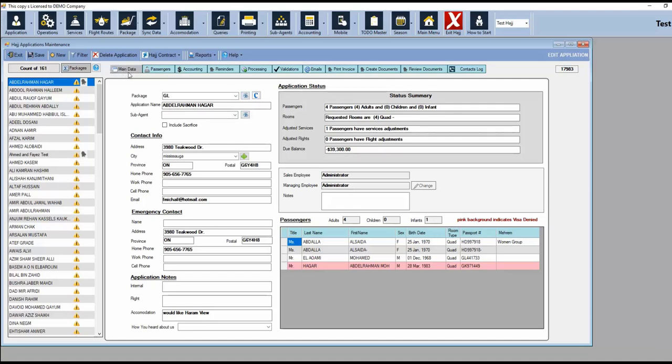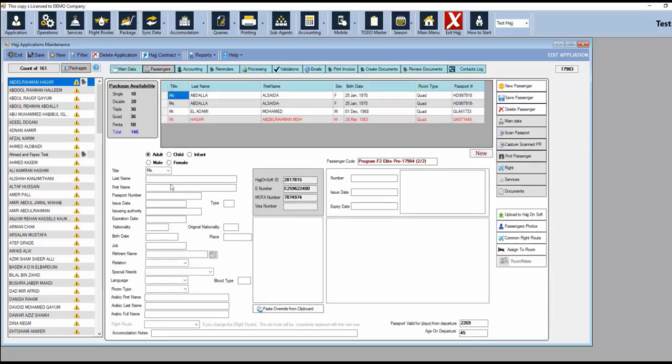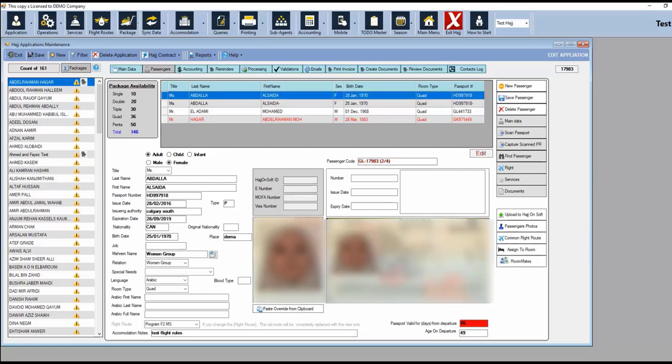On the same main data, you have here some summary of the application, and here a list of passengers and other stuff like that. But this is the main application level information. The second one will manage the passengers inside the application, where you can see the details of each passenger, and you can do lots of actions here that will be targeted as